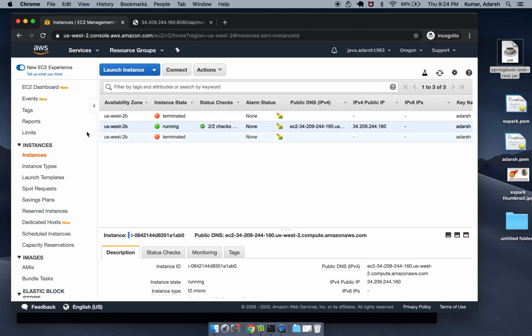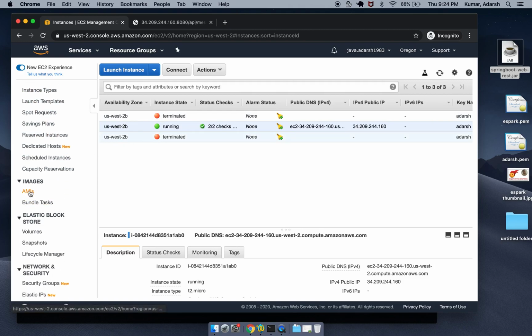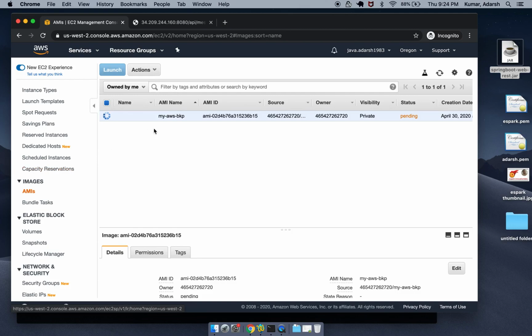Once the image starts creating, other than the OS, it's going to take a backup of your installation, like the software installation, like we did for Java. We installed Java, and then we installed our Java file there, so everything will be backed up other than the operating system. If we go to AMIs, you can see here it's a private AMI